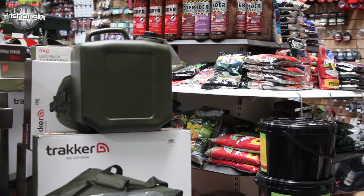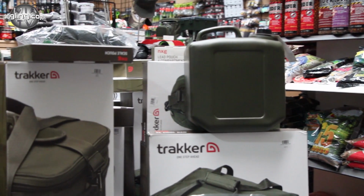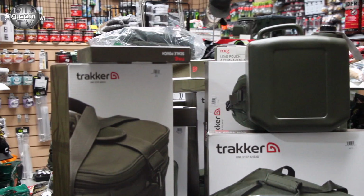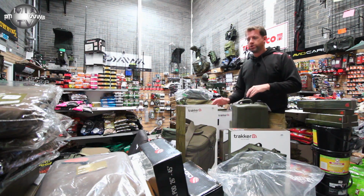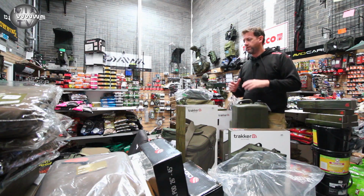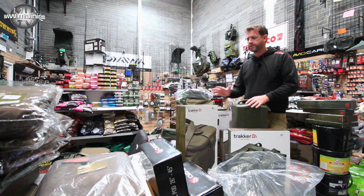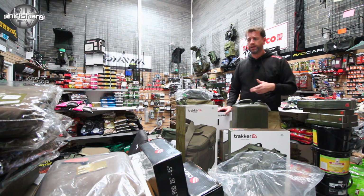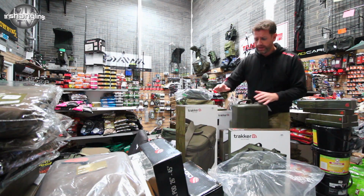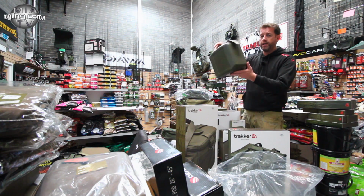Now, as I said, they started their life out making bivvies, and they still do. The bivvies are second to none, absolutely superb, top-notch bivvies. And they also have a full range of luggage. They have clothing and all bits and pieces that suit the specialist angler, especially if you're a long stay angler on the bank. Now, some of their range will include things like large chiller bags, XL cool bags, even water